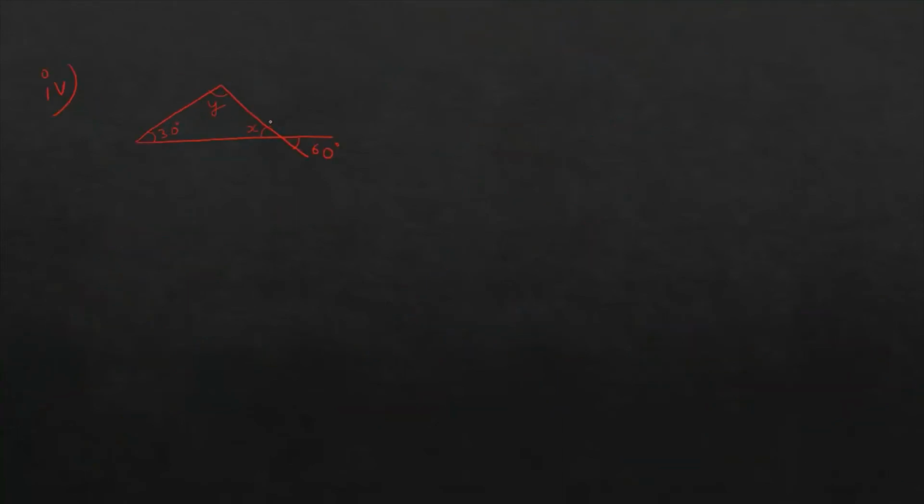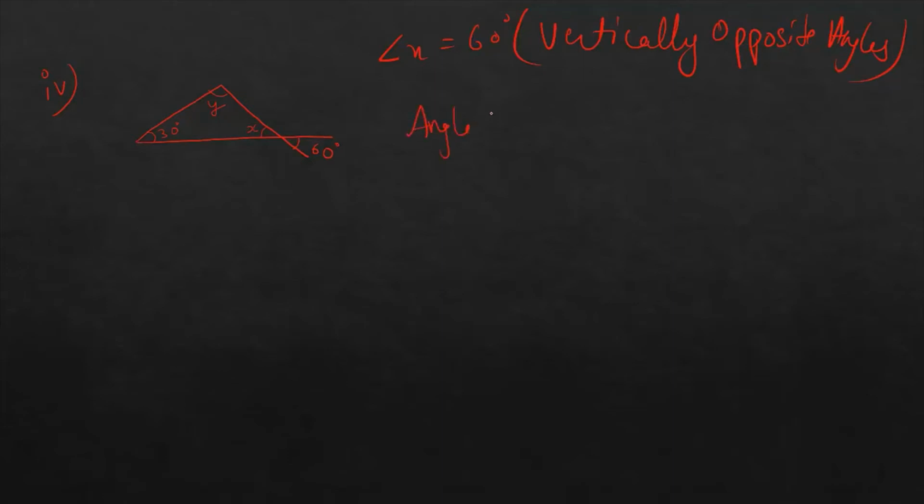in this question, we can observe through the diagram that angle x is equals to 60 degrees because these are vertically opposite angles. Right? So angle x is equals to 60 degrees, and by using the angle sum property of a triangle,